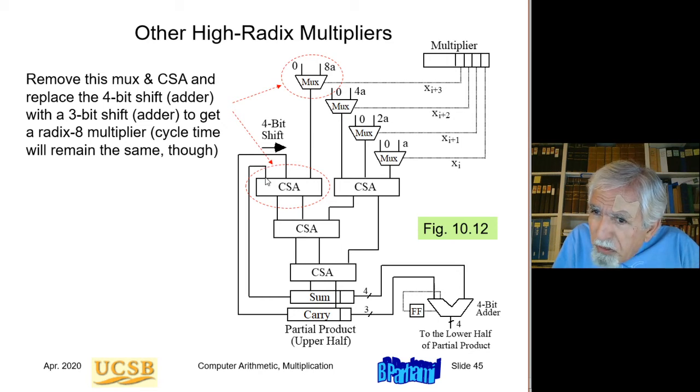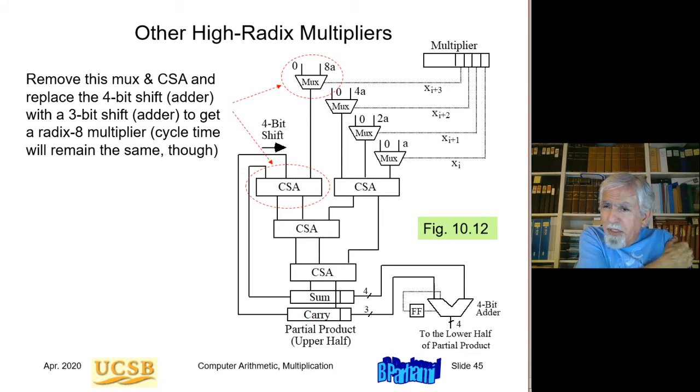And therefore, these two values can be fed directly down here. I don't need a carry save adder. So I can prune the circuit by removing that multiplexer and this carry save adder to turn this into a